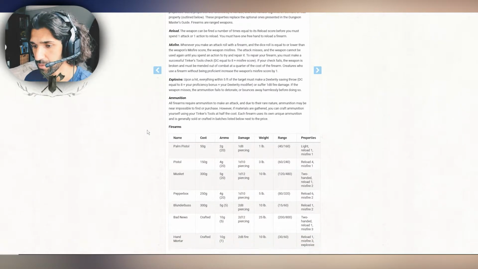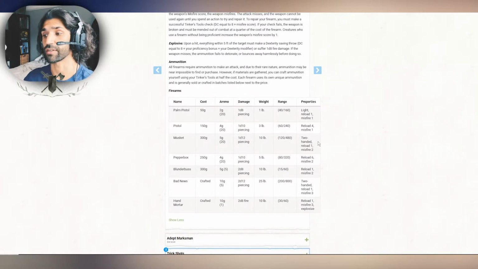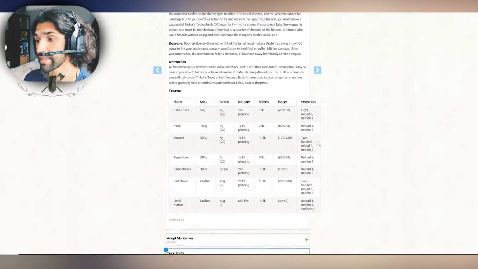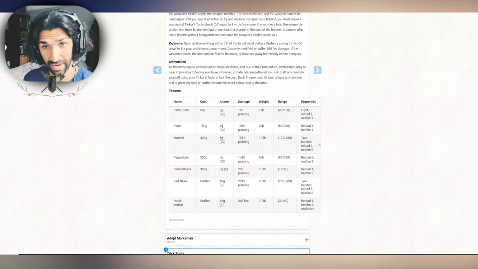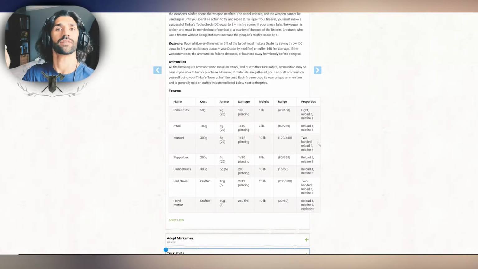So for example, if we have a musket and we roll a 2, the gun jams, is broken, and then we have to take an action to try and fix it. And the DC, as it says, is 8 plus the misfire score. So we have to roll a successful dexterity check, basically, of at least 10, 8 plus 2, because that's the